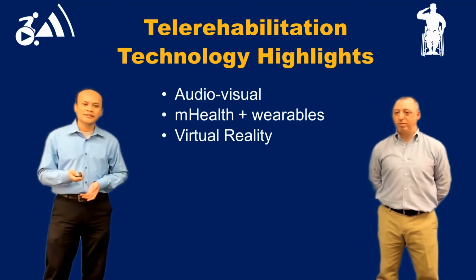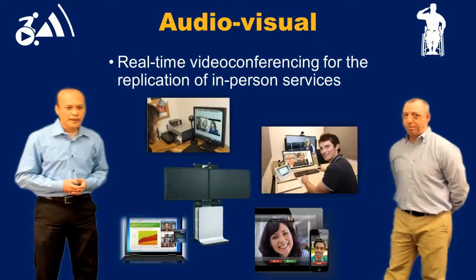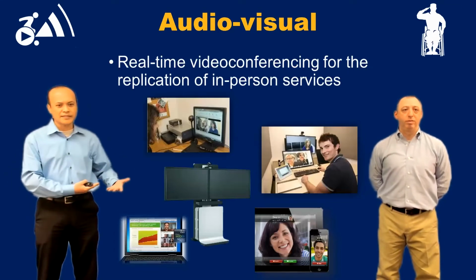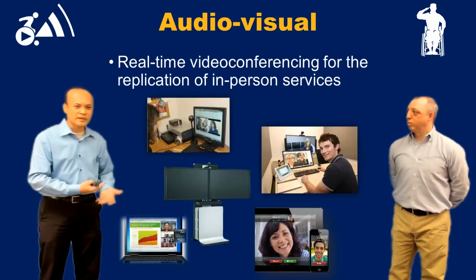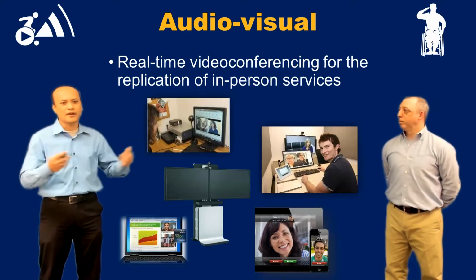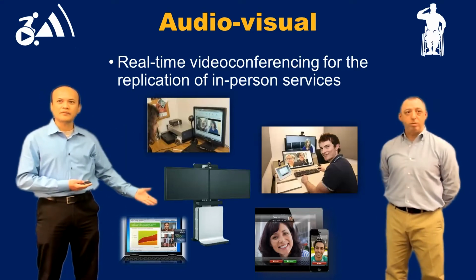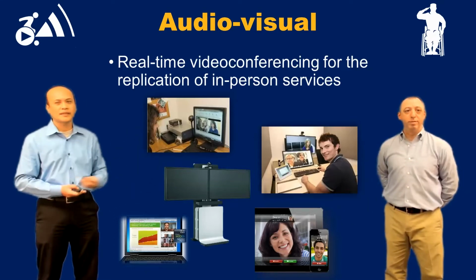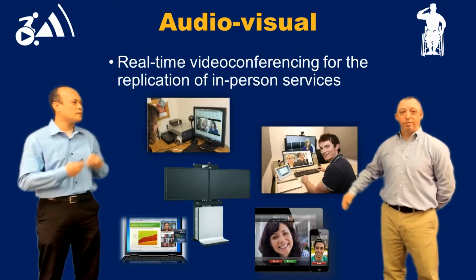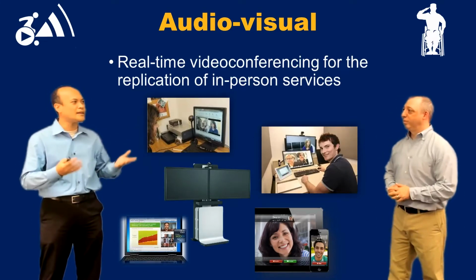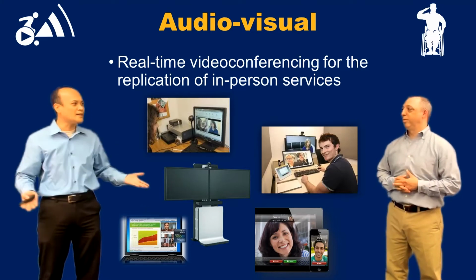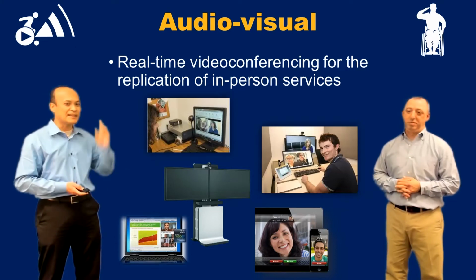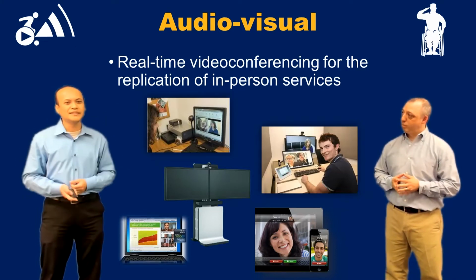The first type of technology is what we usually call audiovisual. This is the application of synchronous real-time interaction to deliver telerehabilitation. It's usually a replication of an in-person service. These are some examples of the technology, as well as the kind of interaction that we experience. We sometimes use Zoom, we sometimes use FaceTime, and a lot of other technology. Every provider has their own technology. You are probably already very familiar with this, but that's the first type of technology that we usually have